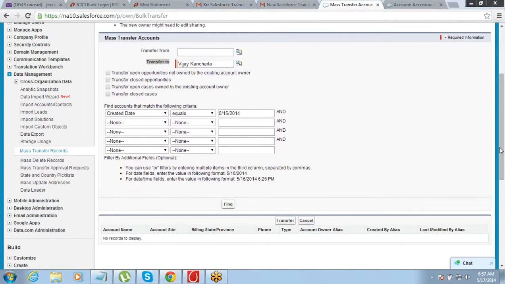Okay, I think we have a question here. Can we change the owner to system default and not the user ID? Is there a concept of system default? No. There is a question whether we can make system default an owner, or transfer it to the default. No, you will always need to transfer it to a user. The owner of a record always needs to be a valid user. It cannot be other than that.